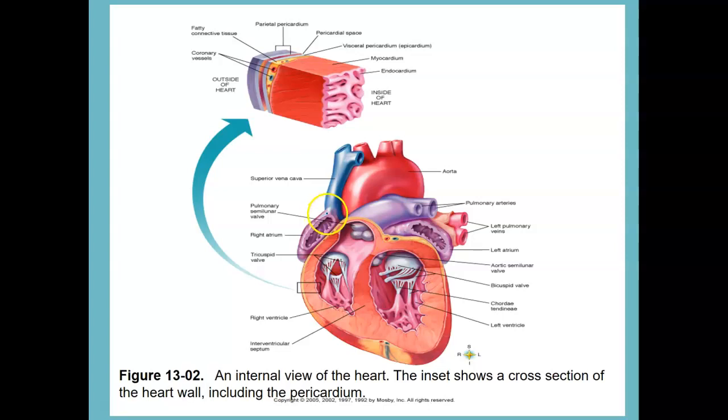Here are the atria. Here's the right atrium right here. Here's the left atrium, oops, right over here. Sorry, I was pointing out the pulmonary veins. The atria are always indicated in purple because they have low oxygen. The ventricles, for some reason, they're always indicated in red. I think that's because even though we know that the left atrium does have oxygenated blood,